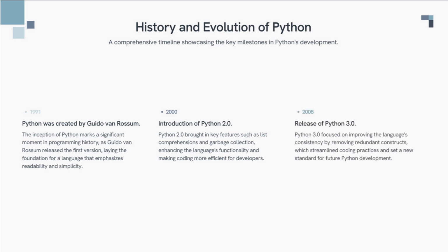Then came 2008, marking the release of Python 3. This version aimed to rectify design flaws in Python 2 and introduce a more consistent syntax. However, it wasn't backward compatible, which meant that some code written for Python 2 would not run in Python 3 without modifications. Despite initial resistance from some developers, Python 3 eventually became the standard, incorporating many powerful features and enhancing